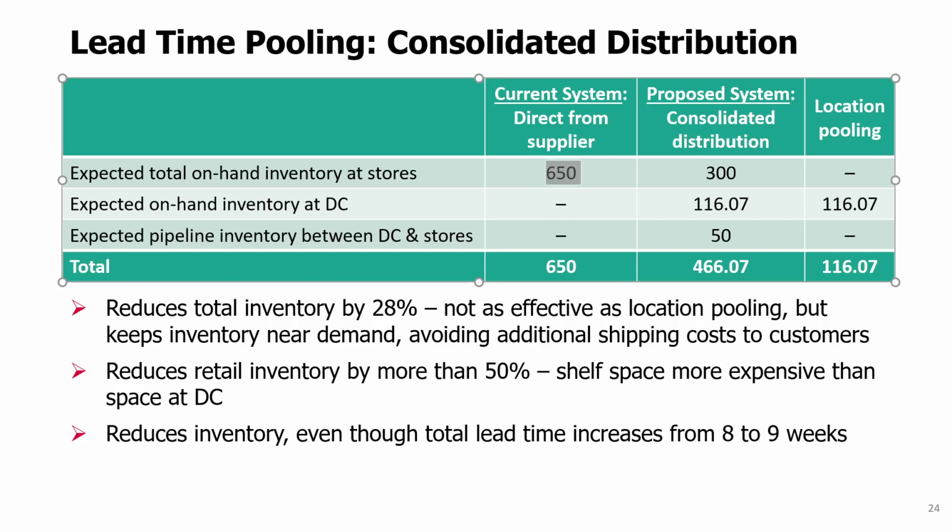And notice there's no distribution center in the system, right? And so no pipeline inventory between DC and the stores, right? Because of that, this is the only inventory. The total is 650. Now, if we don't have all the stores, instead we go for the extreme location pooling